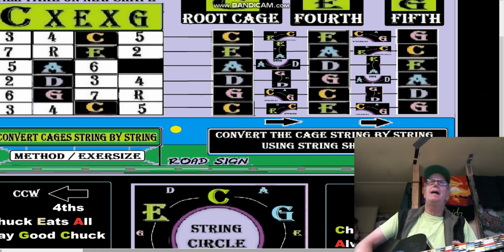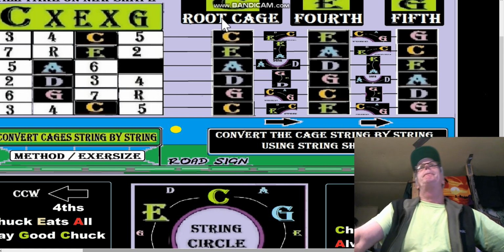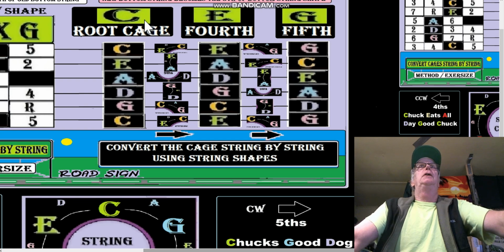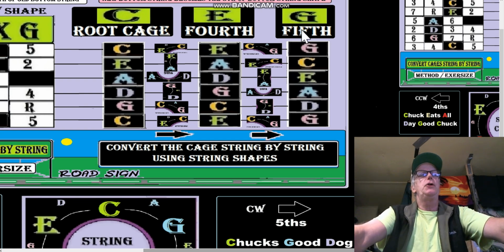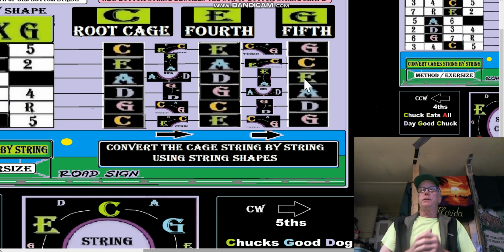Okay, so we've got a string by string conversion of our root cage to the fourth cage. So it's just worthy of note. Believe me, it'll help you in your playing if you can do a string by string conversion, because string shapes,